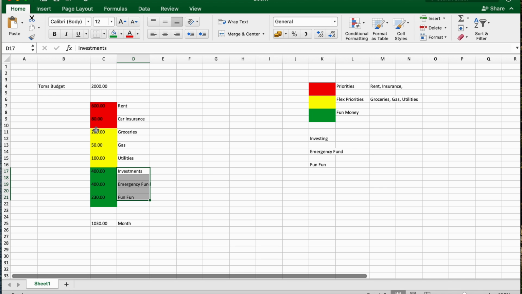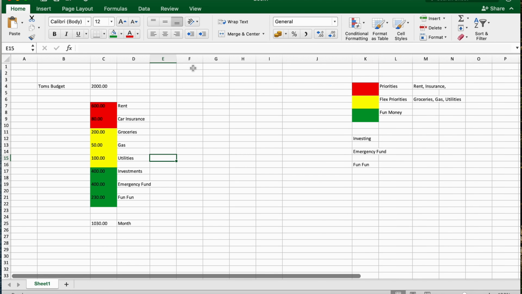Groceries, gas, and utilities, the same thing, right? I did emphasize that my groceries, my gas, and my utilities, they do flex. Sometimes I spend a little bit more on groceries. Sometimes I spend $10 less in gas. Utilities is the same thing. And what I do, let's just say I have, I'm going to give this guy some room. Put him over here. Let's say I only spend $180